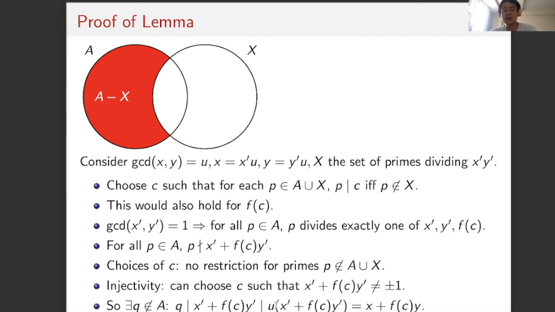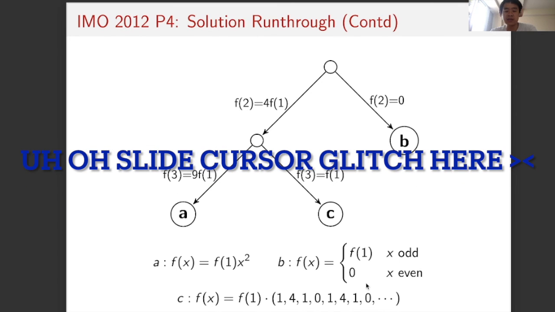And this thing is divisible by u times the whole thing, which turned out to be the same as x plus